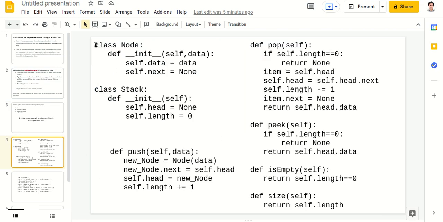We first define the node class. This node class is to store the data and the next pointer. Okay, and now we are creating a stack class. We will initialize head as None and length as 0, and now we'll push elements in the stack. So whenever we push a new element,